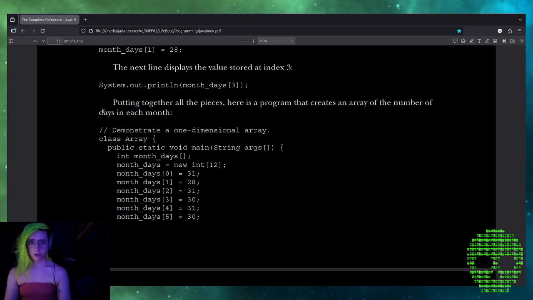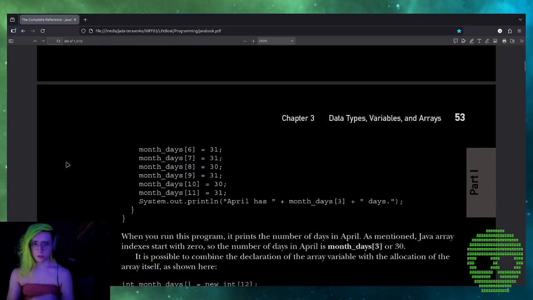// Demonstrate a one-dimensional array. class Array { public static void main(String args[]) { int month_days[]; month_days = new int[12]; month_days[0] = 31; month_days[1] = 28; month_days[2] = 31; month_days[3] = 30; month_days[4] = 31; month_days[5] = 30; month_days[6] = 31; month_days[7] = 31; month_days[8] = 30; month_days[9] = 31; month_days[10] = 30; month_days[11] = 31;